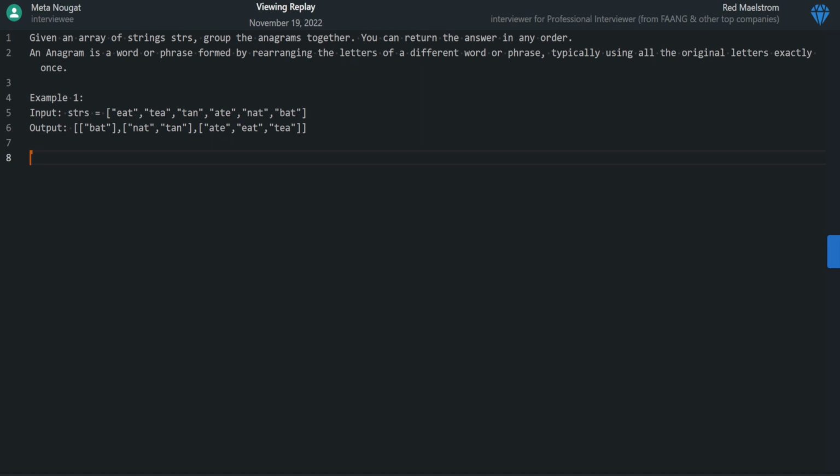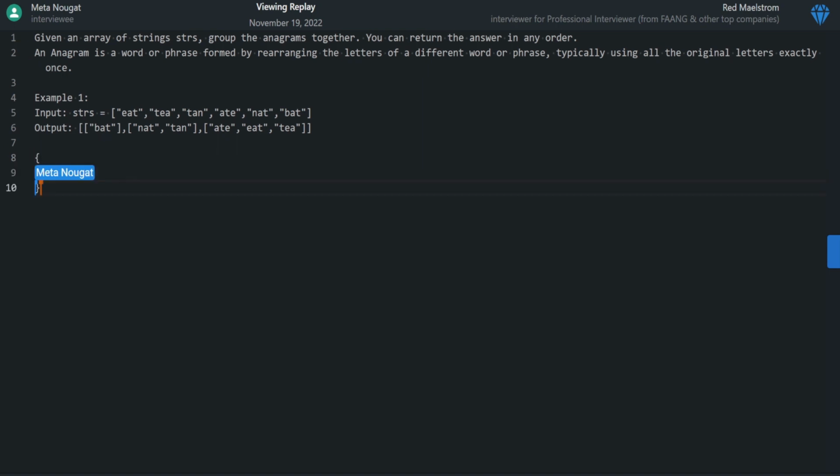So one naive approach would be to iterate through the input strings, and then create some sort of